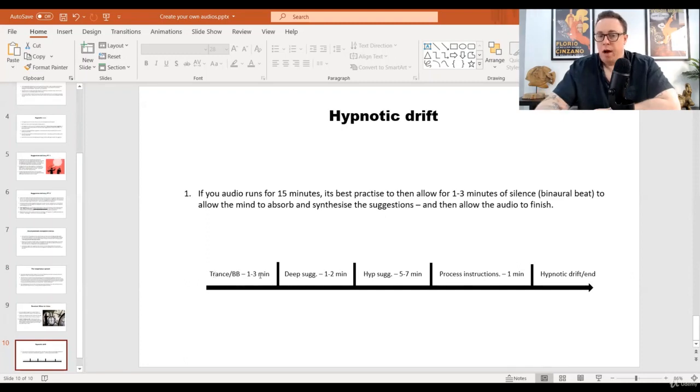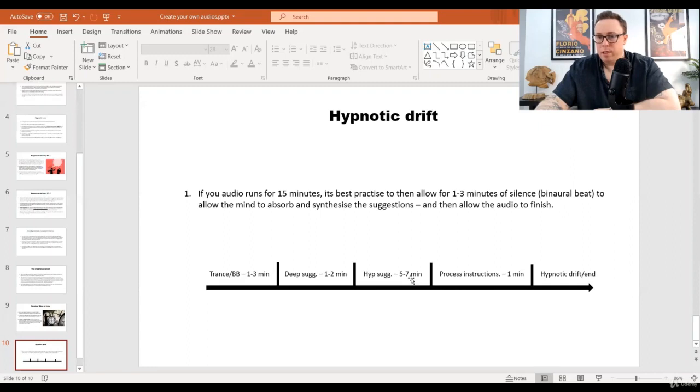Then what I might do after that 3-minute mark for about 1 or 2 minutes, the first part of the suggestion may be me saying, okay, now you can hear my voice. You're relaxing further all the way now. You feel the bed below you. That's helping you relax, whatever it is. Deepen the trance. These are just deepening suggestions for about 1 to 2 minutes, taking your time, getting your hypnotic voice right. Once they're in trance, plus the binaural beats keeping them in trance and adding to the trance,